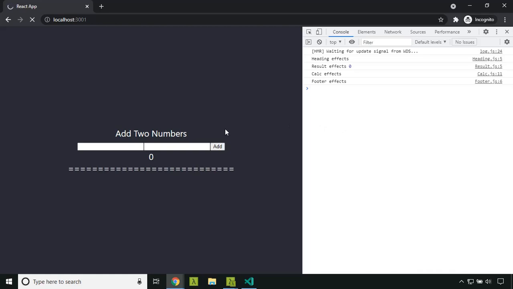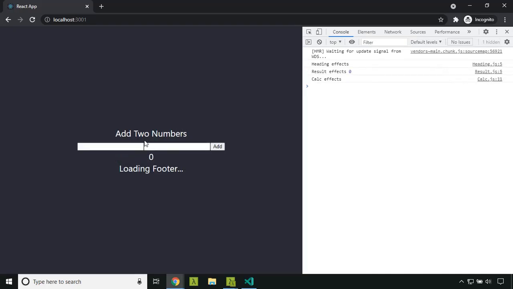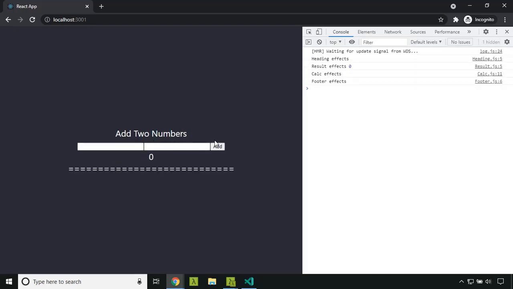Let's refresh our application. Both the fallbacks are displayed, but first the loading calculator will be resolved, and after that the loading footer will be resolved.